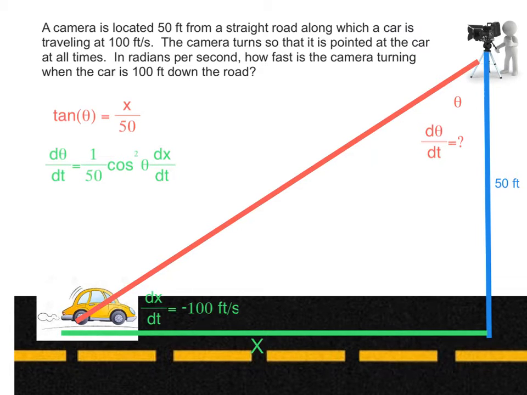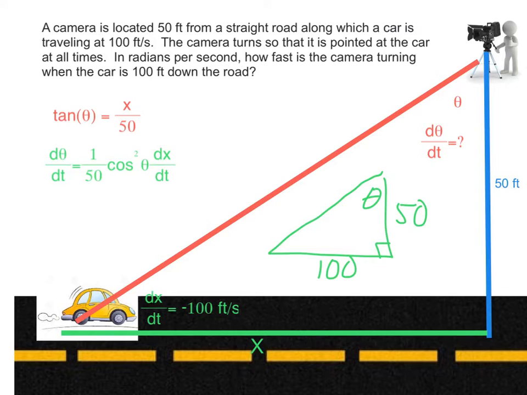And this is when I use what I call a little snapshot picture, which I'll draw right here. At the snapshot picture time, that's the one instant when we know this is 100, right? This has always been 50. This, of course, is a right angle. We can now plug in our pieces, and we still know that dx dt was fine because that's what the car was traveling. So if we plug those in,